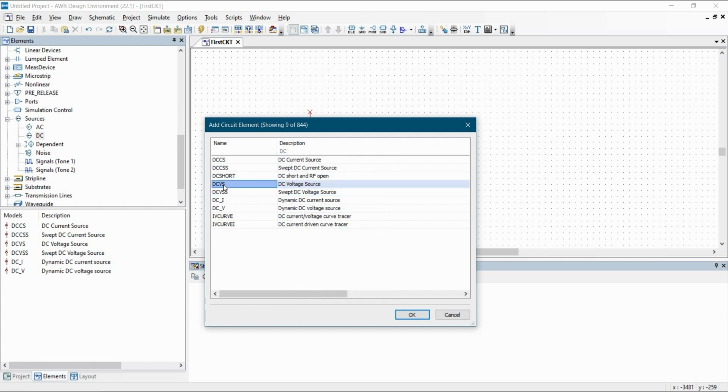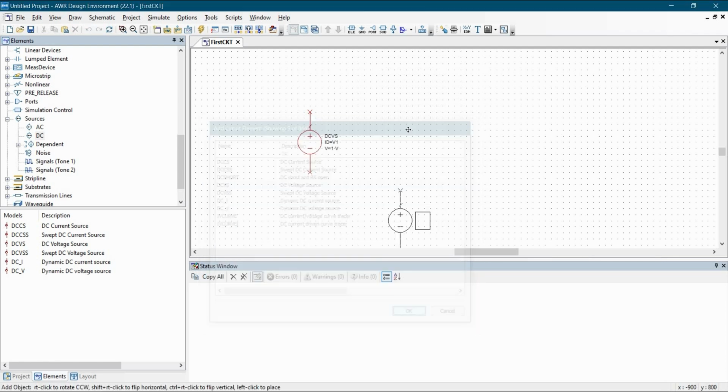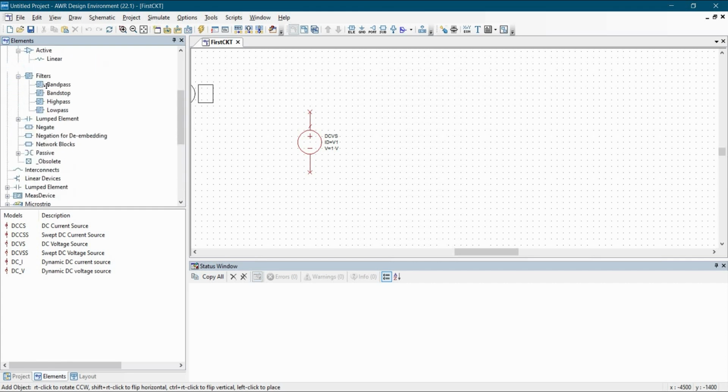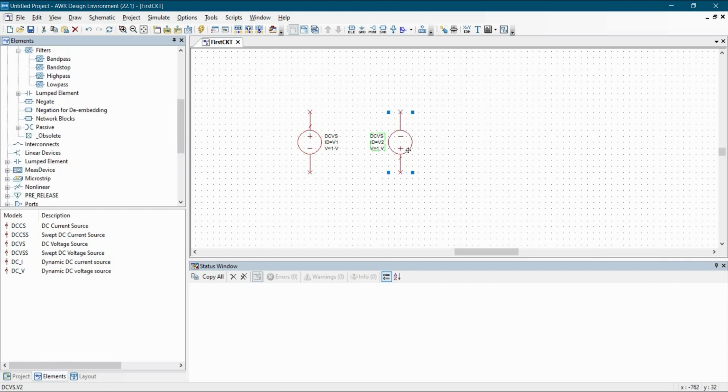So in our case, we are going to place DC voltage source. Just select it and click over OK button. So yeah, you can place it like that. I always prefer to use Ctrl L shortcut in my keyboard instead of just searching the components under these different tabs, right? You can just select it and press delete, or you can just press escape